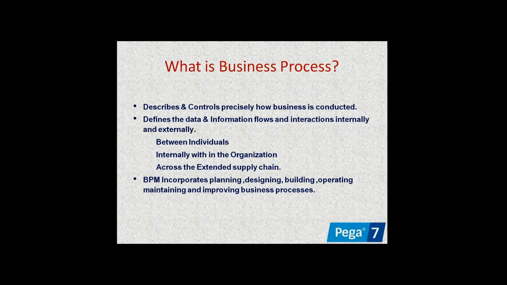So within the application you will have so many third party applications. Suppose if you go to the payment site, internally it again contains so many third party applications like this. So what this business process will do is, it will manage the process internally within the application. Okay, and it incorporates the planning of the application, designing, building, operating, maintaining and improving the business process in the application. Okay, so overall this is a methodology, guys, which helps in improving your performance and managing the total overall process of the workflows internally in the application.